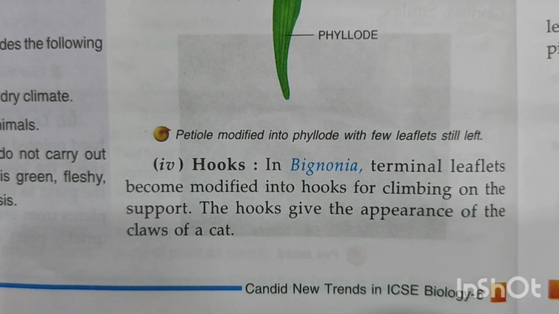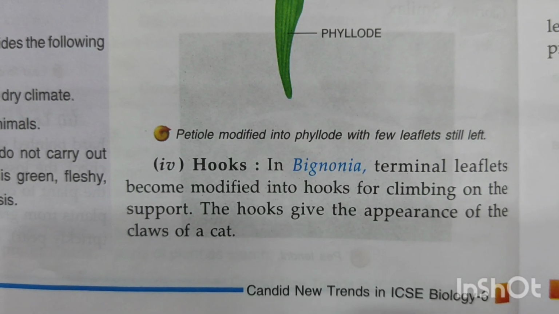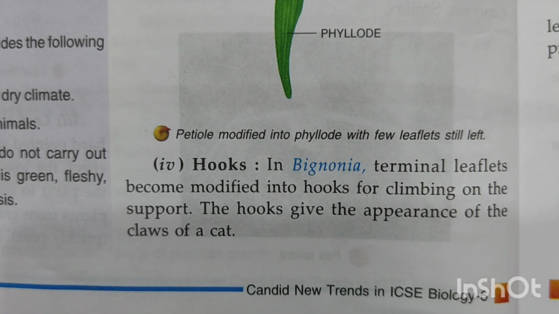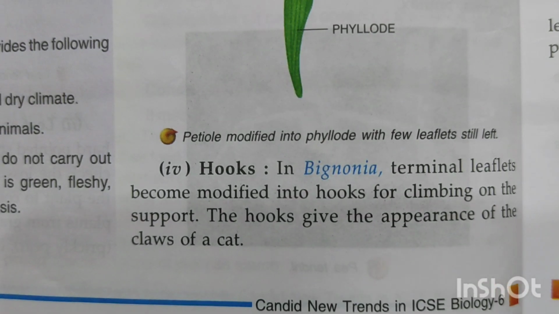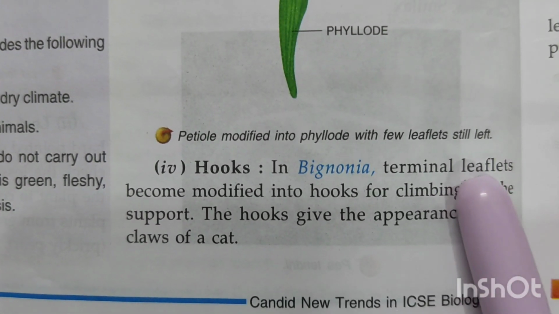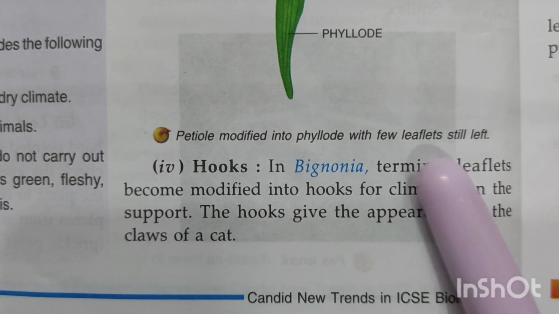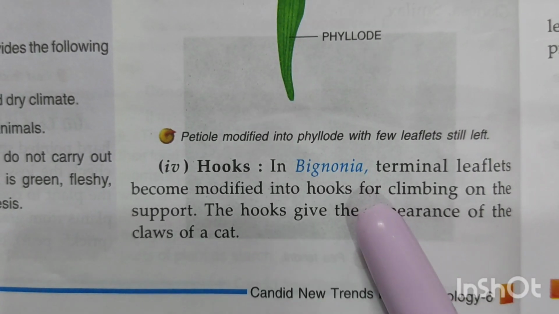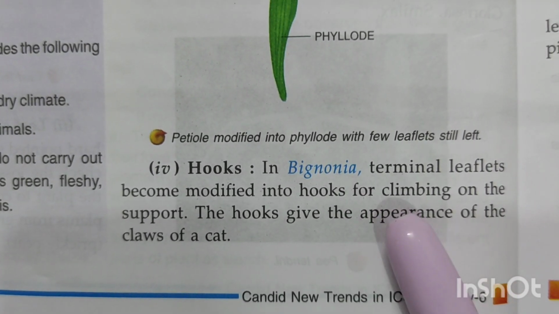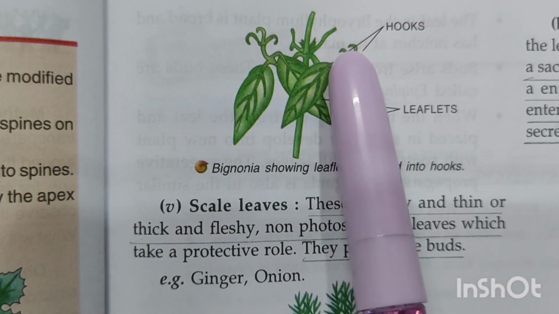Now, children, those people who climb up on the mountains make use of special hooks with the help of which they fix themselves to the ropes that are there, and then they cling to it and try to climb. Similarly, in these plants, the tip of the terminal leaflets, or the leaflets that are towards the apex, develop a hook, and this hook goes and clings to the support and helps the plant in climbing. So here is a picture of the hooks that you can see, children, how the hooks are looking.